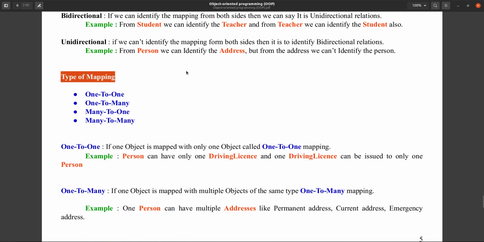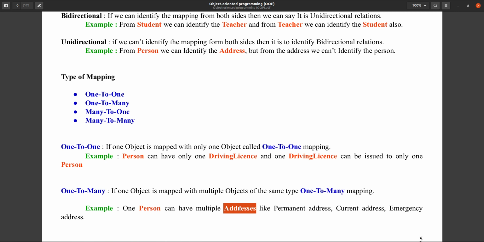Next is the type of mapping. Type of mapping defines what type of mapping is there. Means one person can have only one driving license. There cannot be more than one driving license for one person, but one person can have n number of addresses, like a permanent address, a temporary address, a current address.